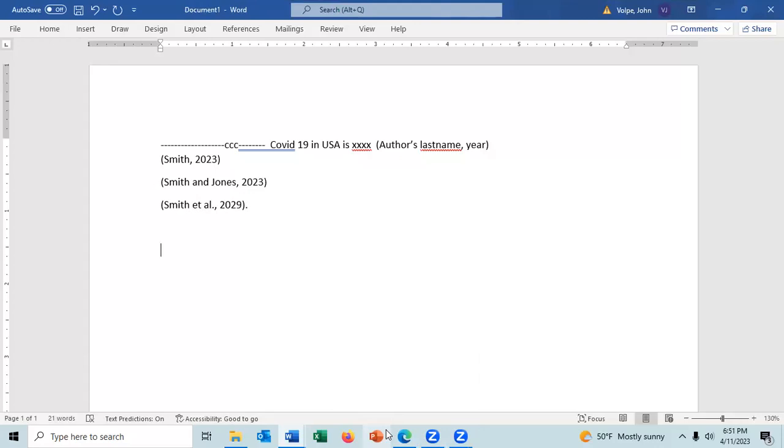The MLA tells you how to do an in-text citation. I don't want to state anything because I want it to be correct, and I'm not exactly sure. What you can do is email me that and I will look it up, but I don't remember what you do exactly in the case of no author. If it's a web page, you can usually,